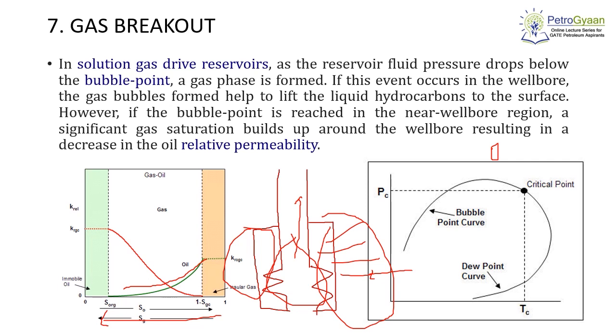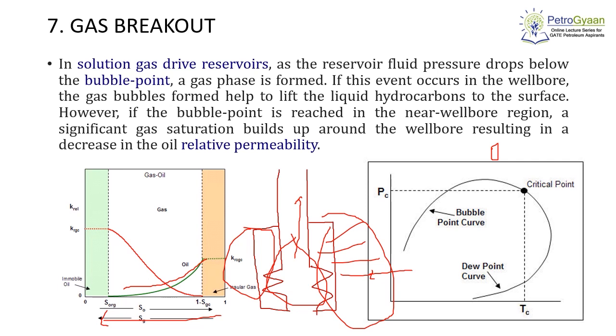Here we can include the other formation damage mechanisms such as emulsion blockage or water blocks. Generally, when we use a fluid, we use a surfactant as an additive. In such a case, this surfactant will lead to the formation of emulsion. That emulsion will block the near vicinity of the wellbore. So this type of formation damage also happens, and